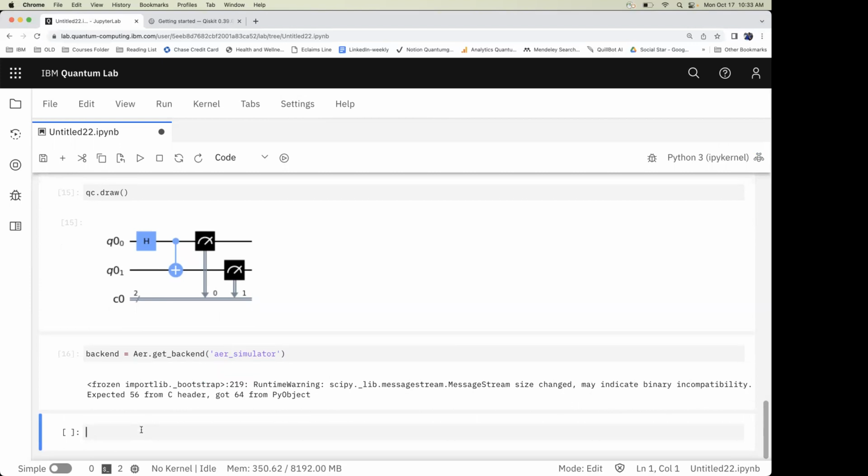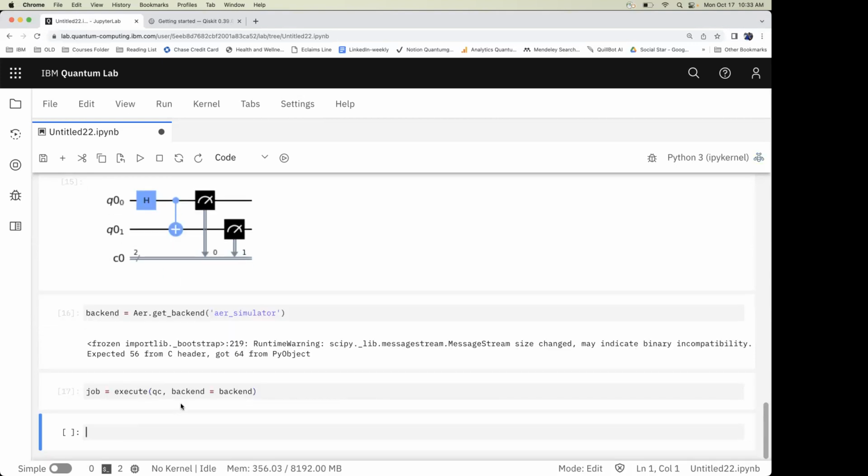If you want to run the circuit on the simulator, we have a function called execute, which takes parameters like the quantum circuit, which is our qc, and again we can give the backend, and our backend is this. This execute function just executes the quantum circuit and stores the results in job. And if you want to take the result out of it, you can take it from job.result.